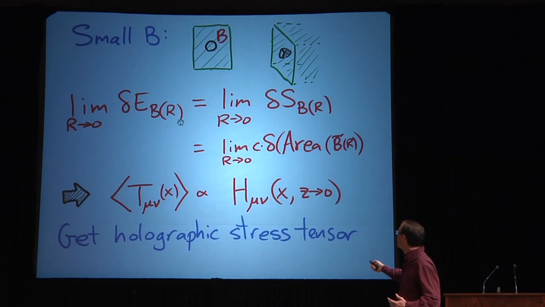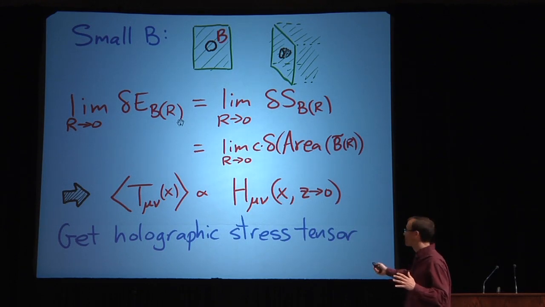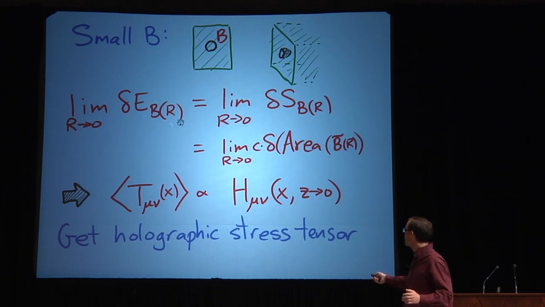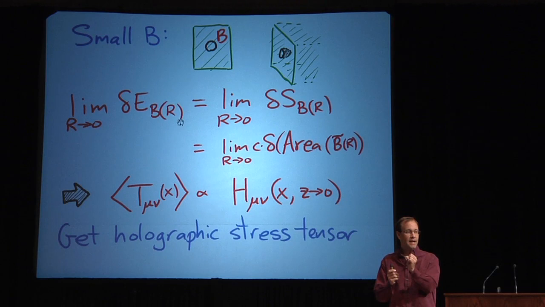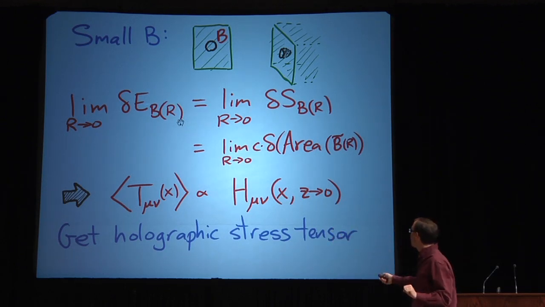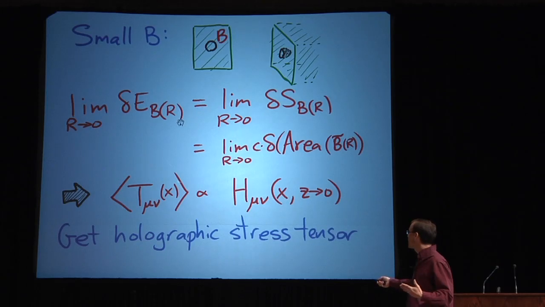The left side, if I take the limit of a very small ball, turns out to give me, remember it was an integral over the stress tensor over the region, but now the region is getting very small. So the left side turns out to give me just the expectation value of the stress tensor at that point. And there's some powers of R that match on both sides. So if I apply this equality in the limit of the small ball, what I end up deriving is that the expectation value of the stress tensor in the CFT must be equal to the asymptotic